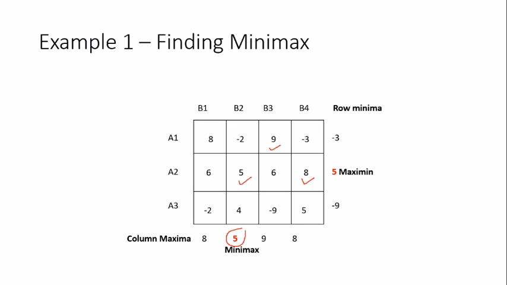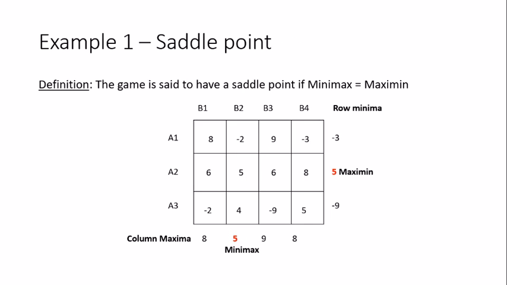So 5 is the minimum of these maximums, so this is Minimax. This is the situation we get when Maximin is equal to Minimax. We call such a situation a saddle point. It's also called equilibrium. The game has reached an equilibrium. The game has a saddle point if Maximin turns out to be equal to Minimax, because they are